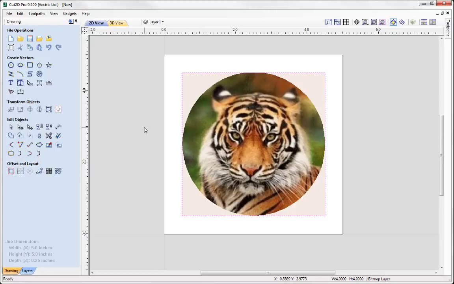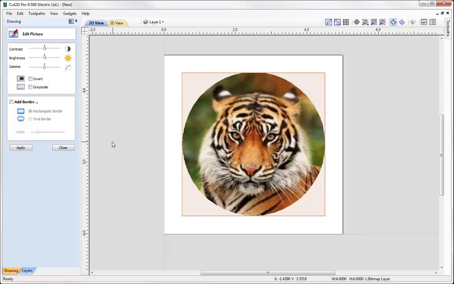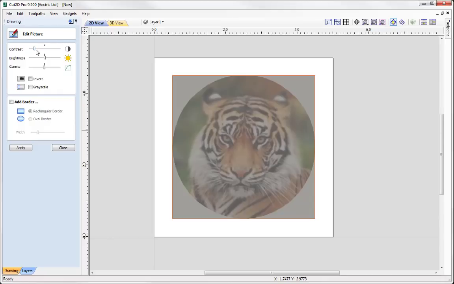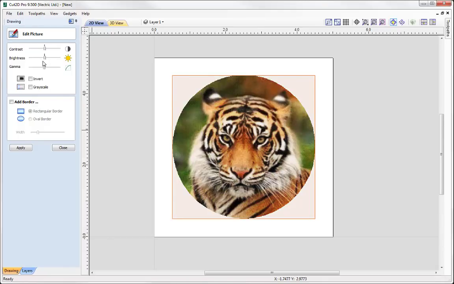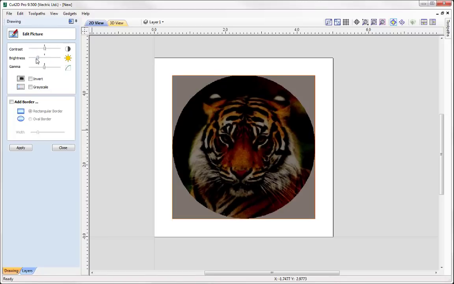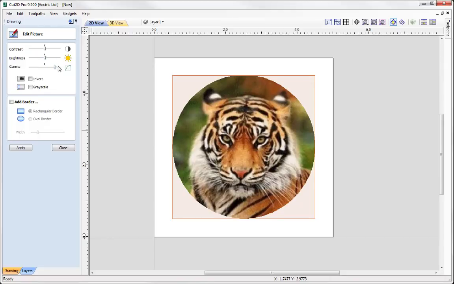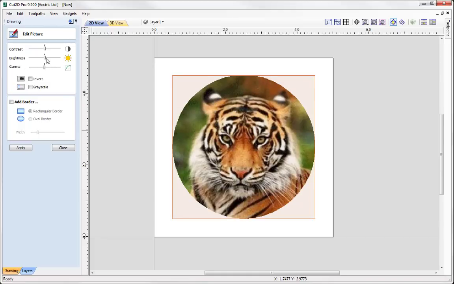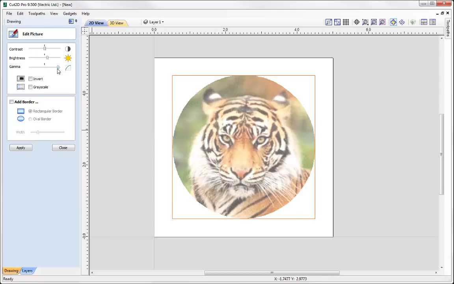At that point I do want to change some characteristics with the image. So next to the crop bitmap icon is the picture editor, which brings up the form on the left hand side. You can see I can change the contrast, I can change the brightness, and I can change the gamma. Okay, in this case I'm just going to slightly increase the brightness, and I'm going to increase the gamma,